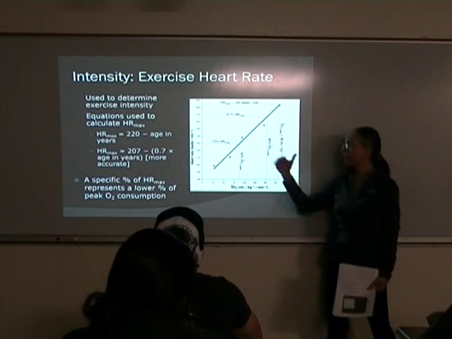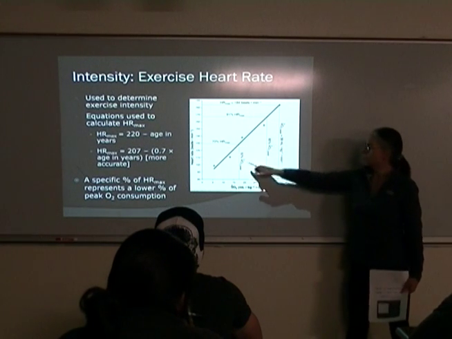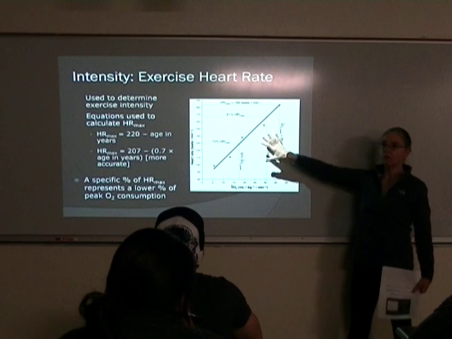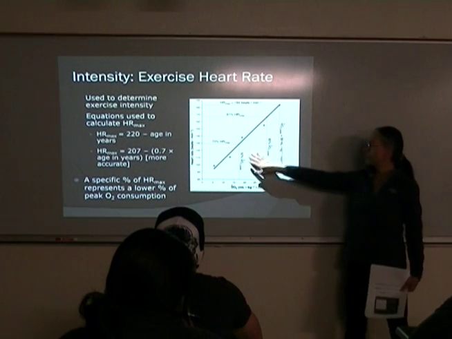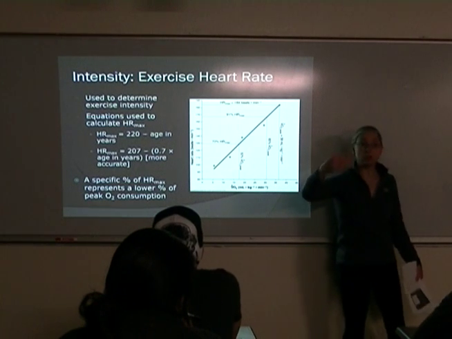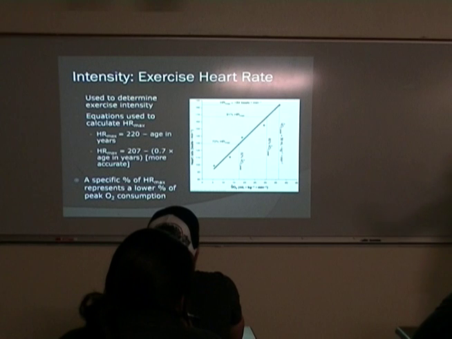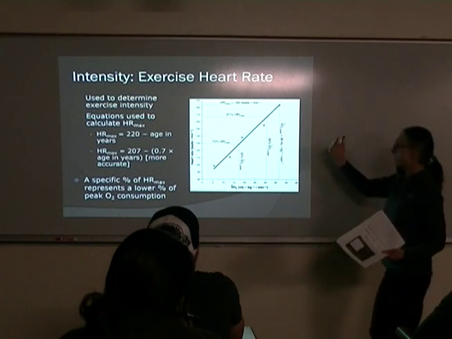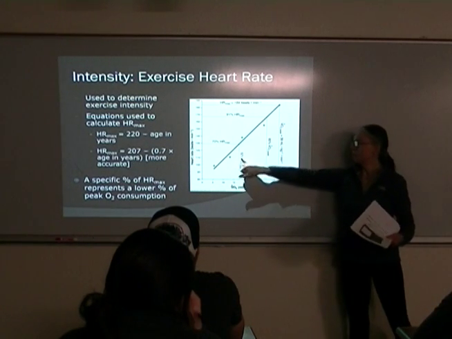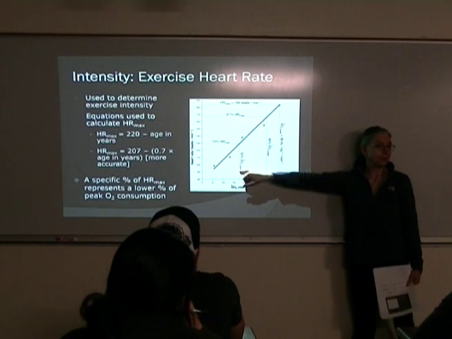The higher my heart rate, the more oxygen, but they're not the same number. So when you look at this graph, what you have to remember is oftentimes when you look at training programs or you read research or you're reading a coaching article, the intensity measure they'll give you might be VO2 peak or VO2 max, right? So